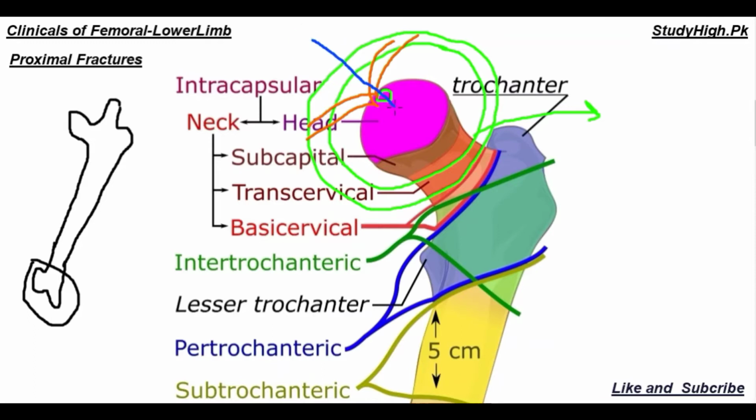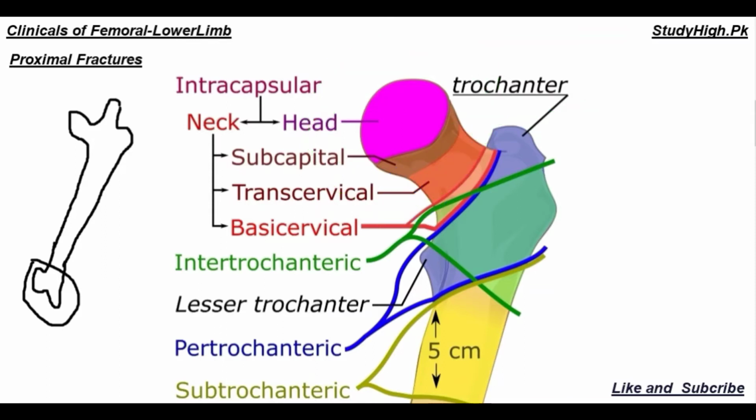The obturator artery also supplies the head of the femur, whereas different types of arteries also present here arise from the medial circumflex femoral artery, like the medial branches of the medial circumflex femoral artery, and articulate with the femoral head. You must also know the blood supply of the femoral head, neck and femoral bone. So first of all we will discuss the fracture of head and neck.